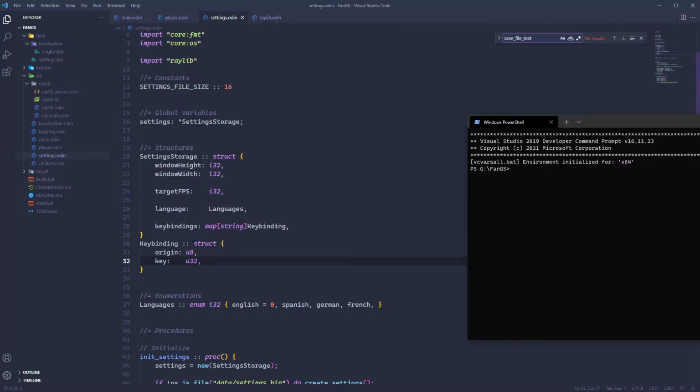Okay, sorry. I'm not very good at describing what's going through my head right now. Sorry about that. So each key binding would increase the file size by 5, if I do it like this. Now, I could do funky shit. Right? I could do funky shit. By funky shit, I mean